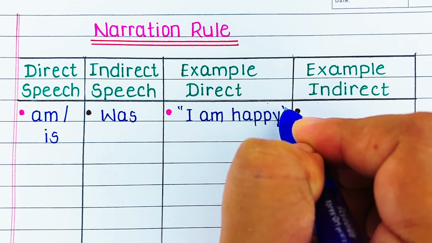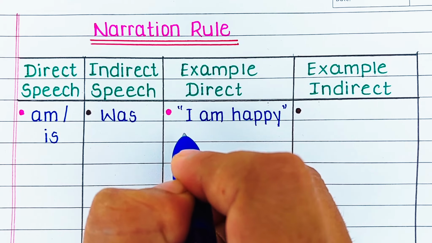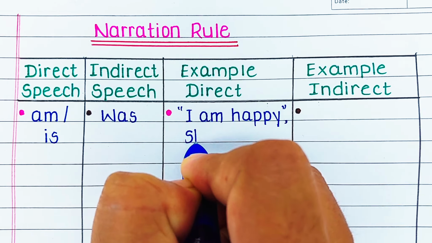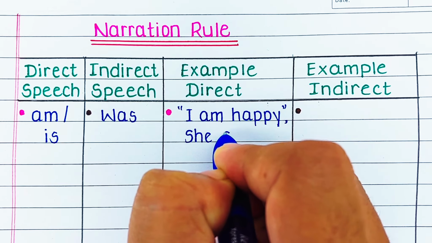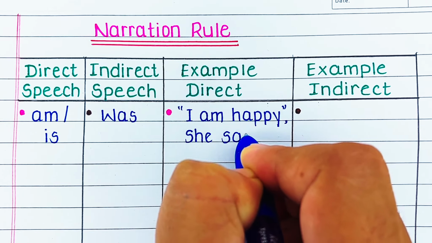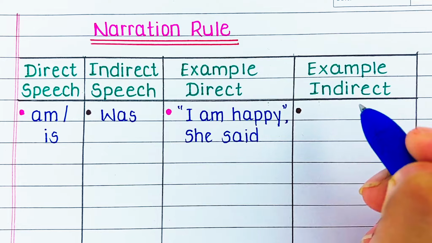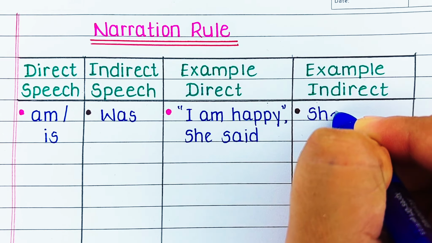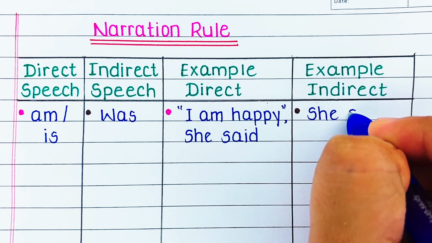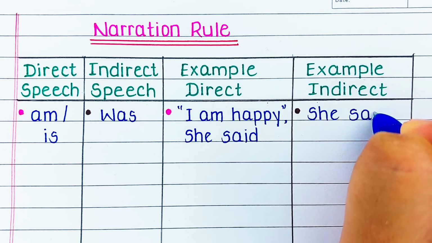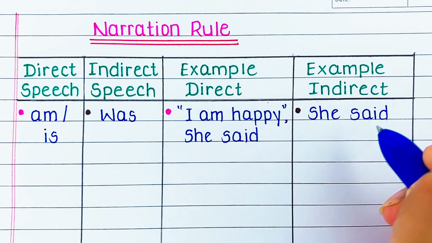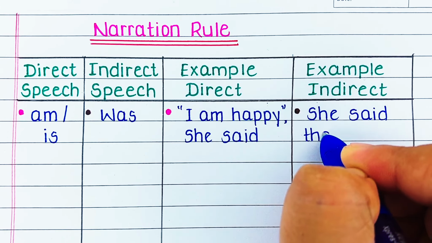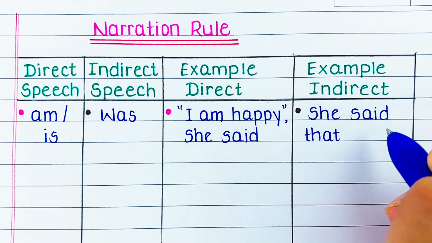In simple words, direct speech involves quoting the exact words spoken by a person, while indirect speech, also known as reported speech, involves reporting what someone else has said without quoting their exact words. In this video, we will learn certain important rules for changing the pronouns, verb tenses, and sometimes the time expressions while converting direct speech into indirect speech.